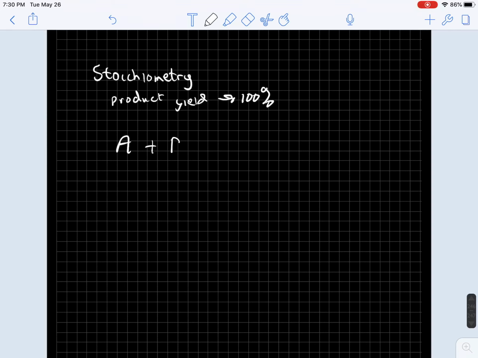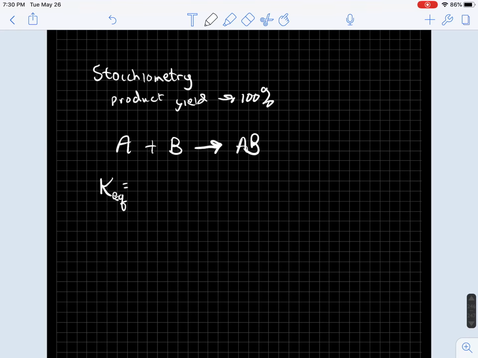So when we write a reaction like A plus B, we use a single arrow, and that single arrow means that this is stoichiometric, where we are considering the forward reaction only. And since our product yield is 100%,